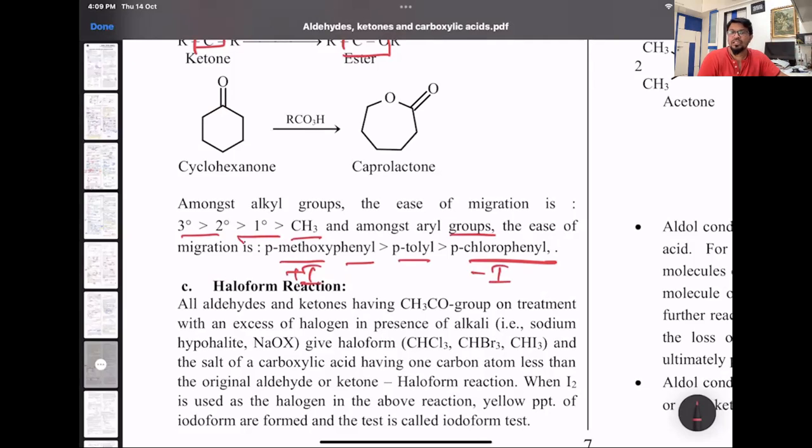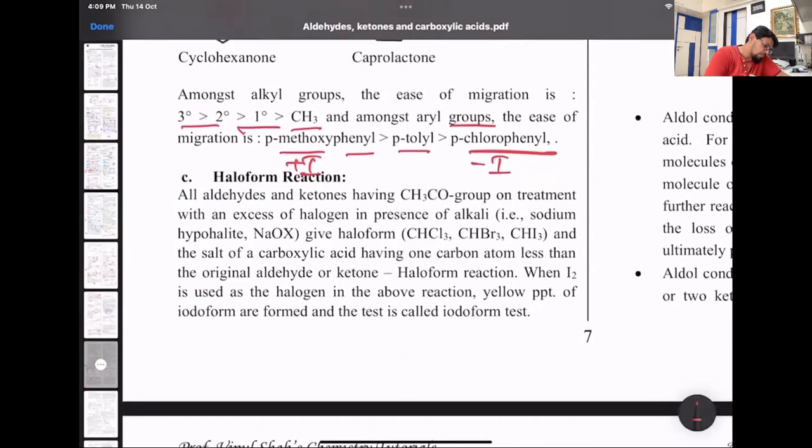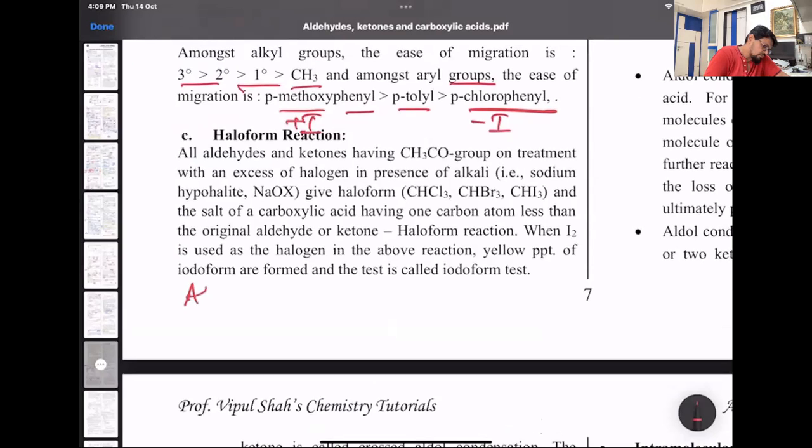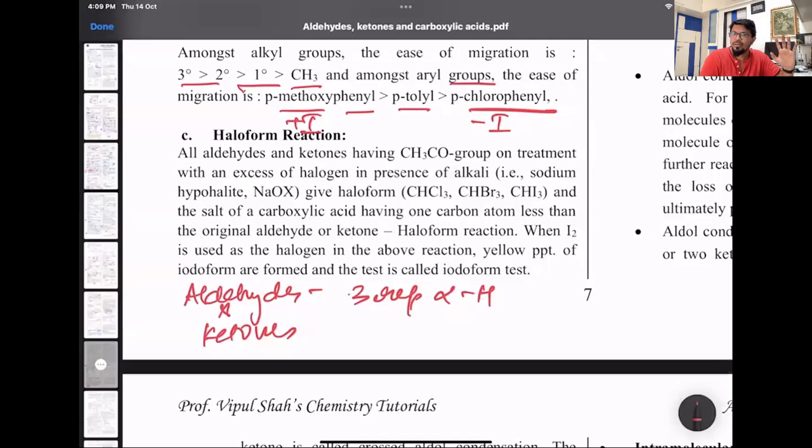Haloform reaction, positive iodoform test. Positive iodoform test is given by aldehydes and ketones having 3 replaceable alpha H on any one alpha carbon. For aldehydes there is only one alpha carbon, but ketones will have 2 alpha carbons. So any one alpha carbon should have 3 hydrogens. Not the addition, you don't add both alpha hydrogens. Any one alpha should have 3 H, or alcohols